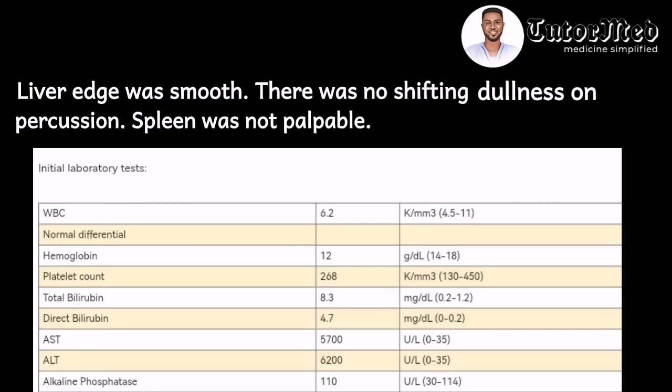She had a normal Hb of 12, meaning she was not anemic, and she had a normal platelet count. Now let's take note of the following and then put these values on a paper because we will revisit them. Total bilirubin was 8.3, which was about 7 times higher. Please take note of the number 8.3 for total bilirubin. Direct bilirubin was very high, 4.7, over 20 times the upper limit. AST was 5,700, ALT 6,200, ALP 110, which was